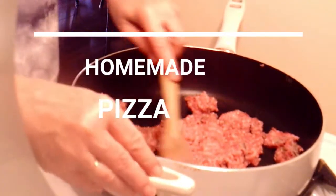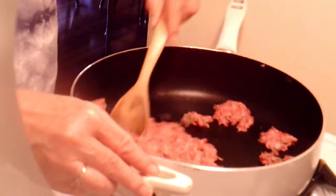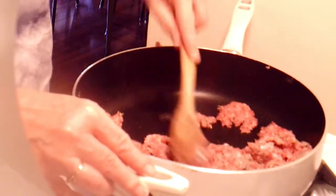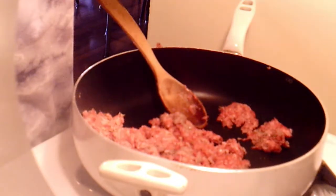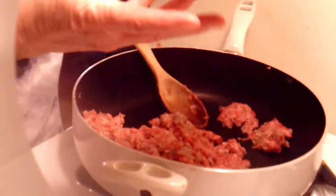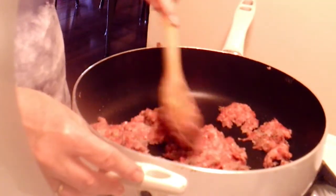So I'm making ground pork for my pizza, and all you do is take a pound of your favorite sausage. Only I added some fennel to give that sweet taste, and then I also added Italian seasoning. Now the trick to this is you want to make sure you